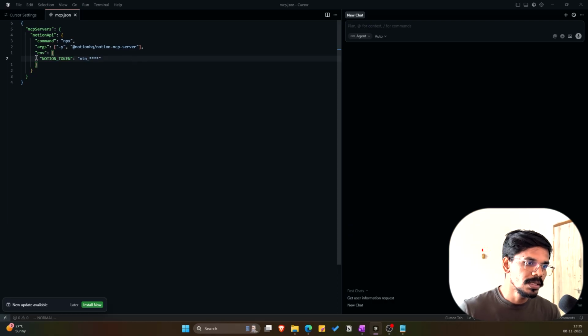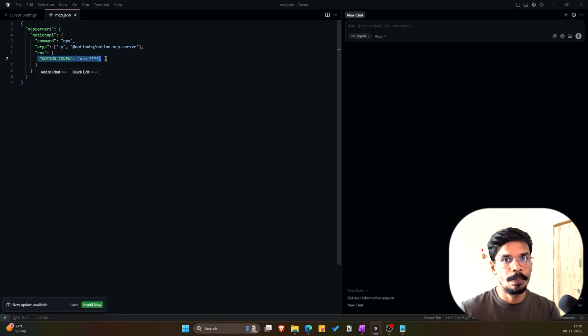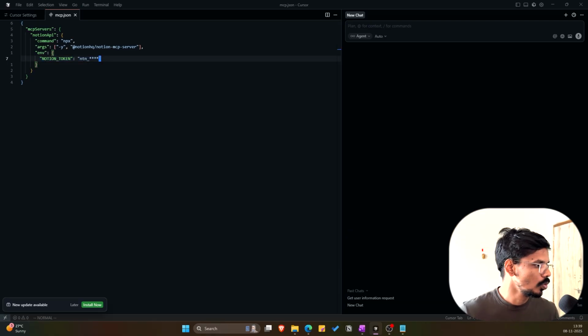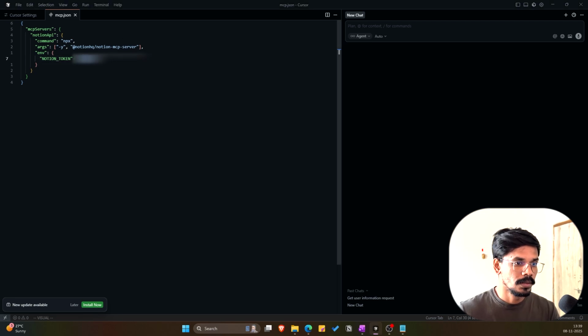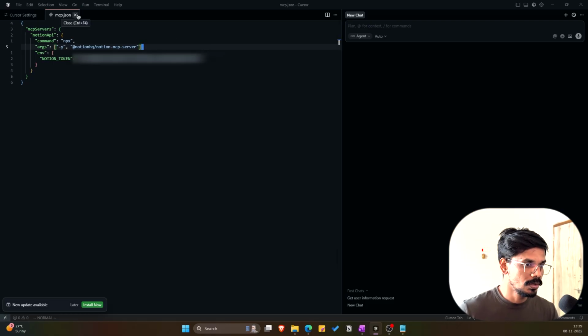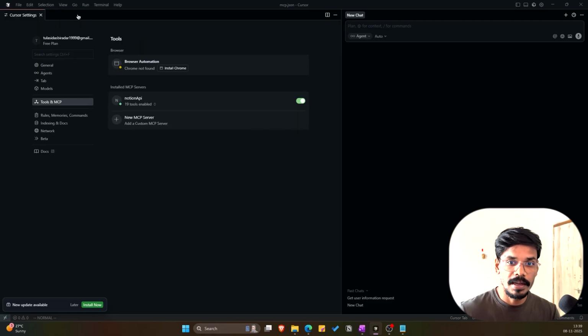But here you can see the Notion token is required. Whatever Notion token I copied from the integrations in my Notion, I'm going to put that over here. So going back to the notepad, copying the Notion token, selecting this, and pasting my Notion token. Now it is already saved. So I'm going to close this file, and after that, I'm also going to close